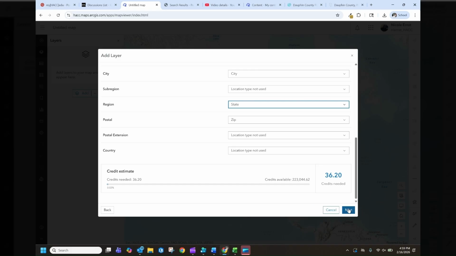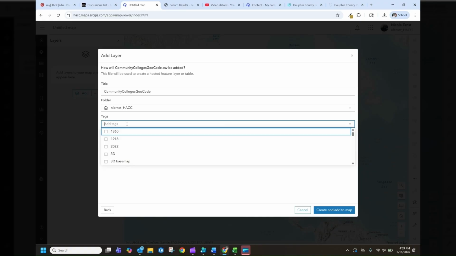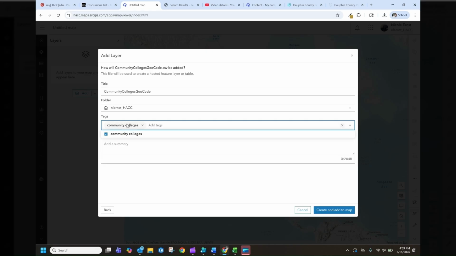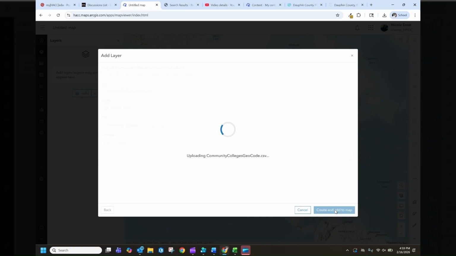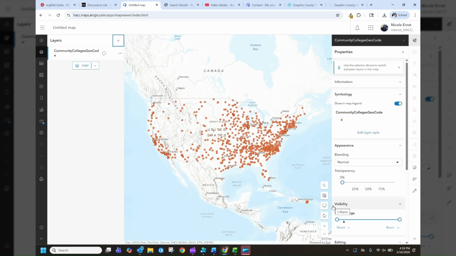deplete your credit allocation. Now it's asking us what we want to name this, and I'm just going to keep it called what it is for now. And then I'm going to call this community colleges for the tag or the keywords there. And then I'm going to click create and add to map. And this is going to start the geocoding process whereby it adds each address as a point on the map. So voila, now you can see that we have our